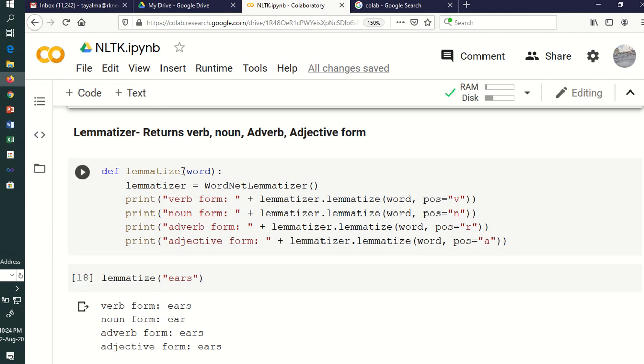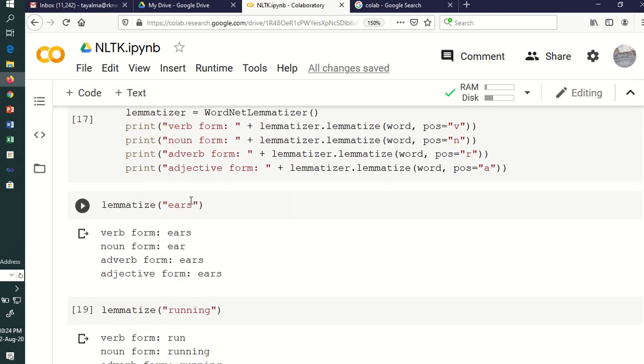After writing this function in Python, the method name is lemmatize, and then the word. Now we are passing the input years. So we got the verb form as years, noun as year, adverb as years, and adjective as years.